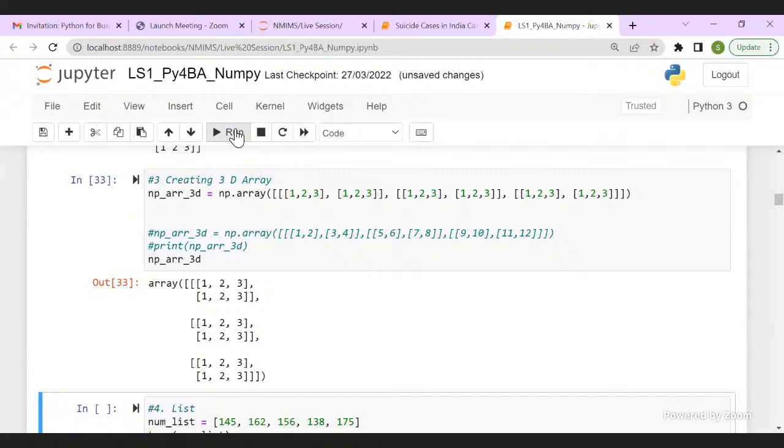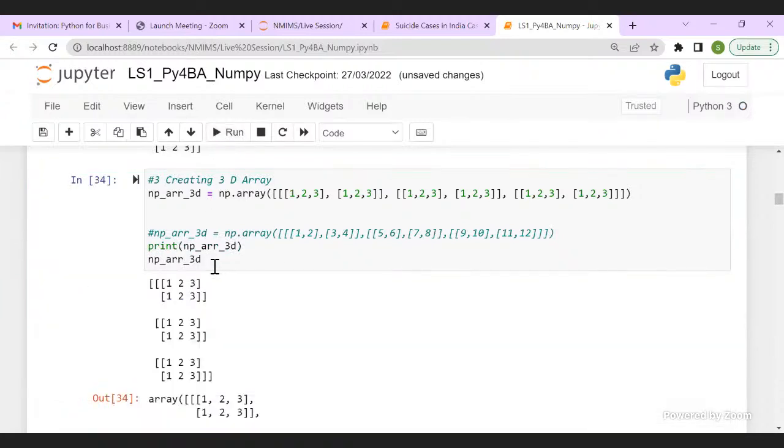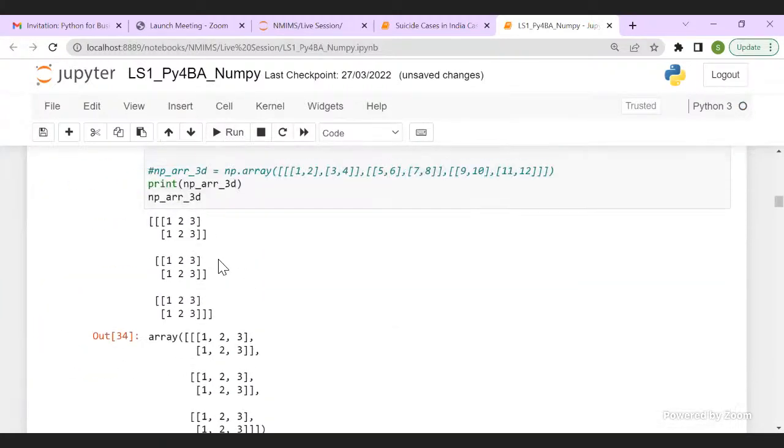Of course, they will show the same output because you're referring to the same variable. But the format of the output is different. If you see out here, you can clearly see the difference. Print and simple variable are giving a different output in this case. Okay, done.